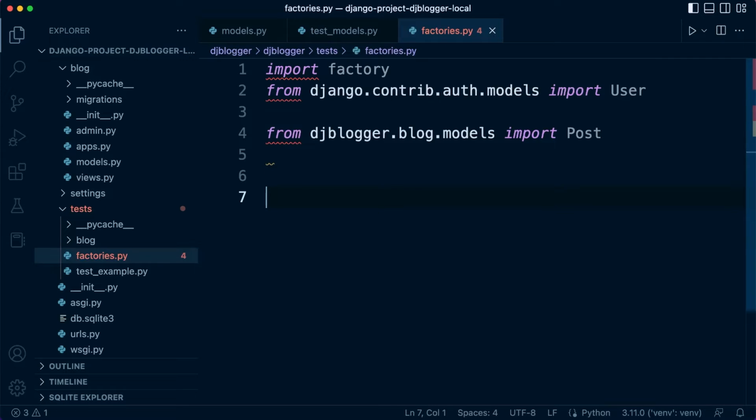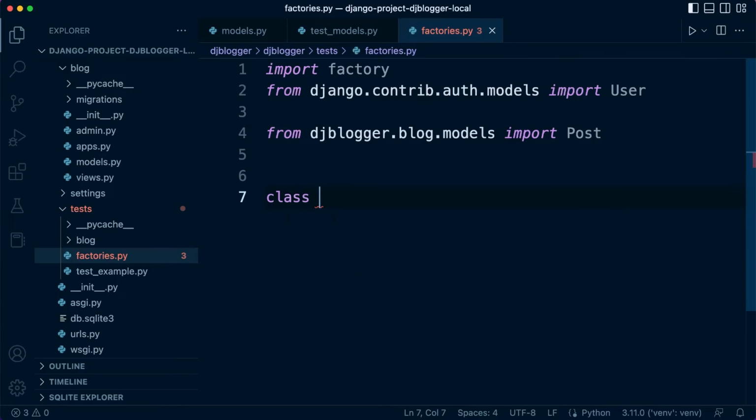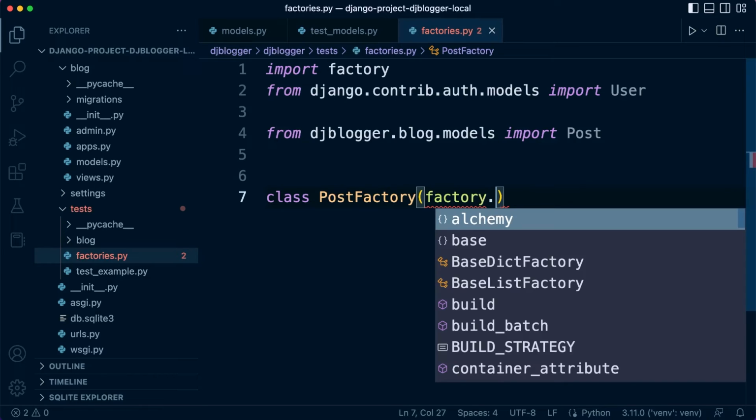Okay, so let's go ahead now and create a new factory. So we're going to call this factory a user factory. Oh, let's create our post factory first, and that will make more sense. So let's create this post factory. So factory dot